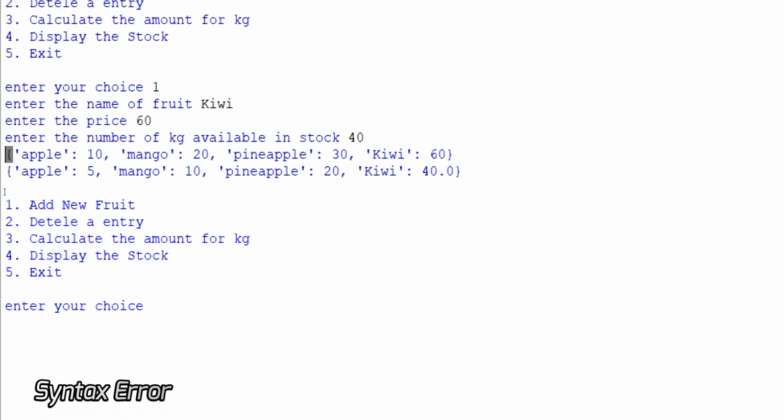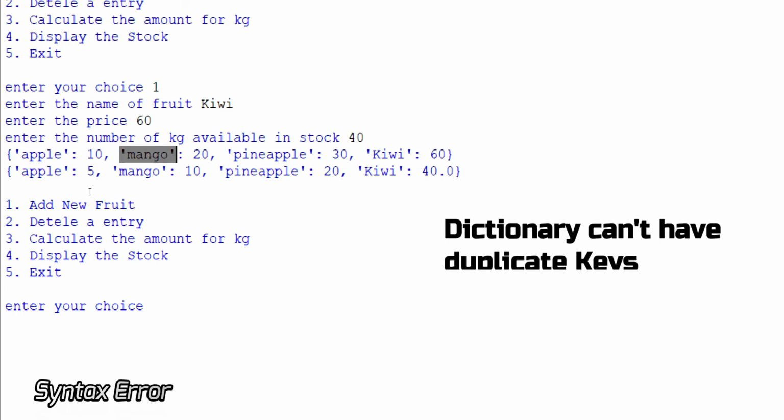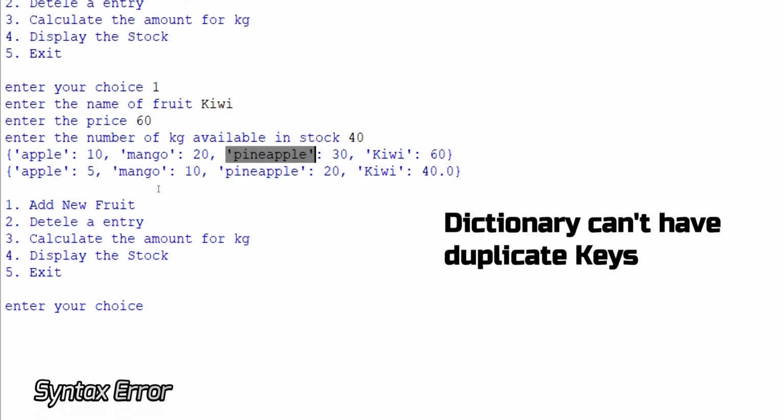Curly braces are used to represent a dictionary. This is a key and this is a value. If I try to access key apple, it will return me 10 as a value. And have a look, each and every key is different. And the values can be the same, that doesn't matter, because for each and every key, the values are already dedicated.